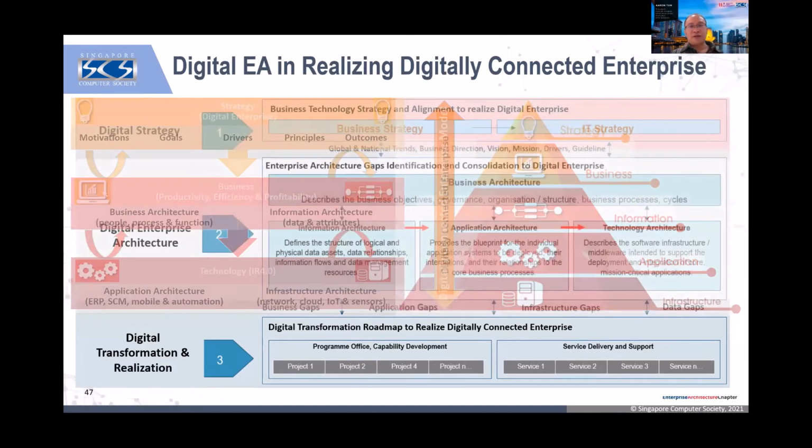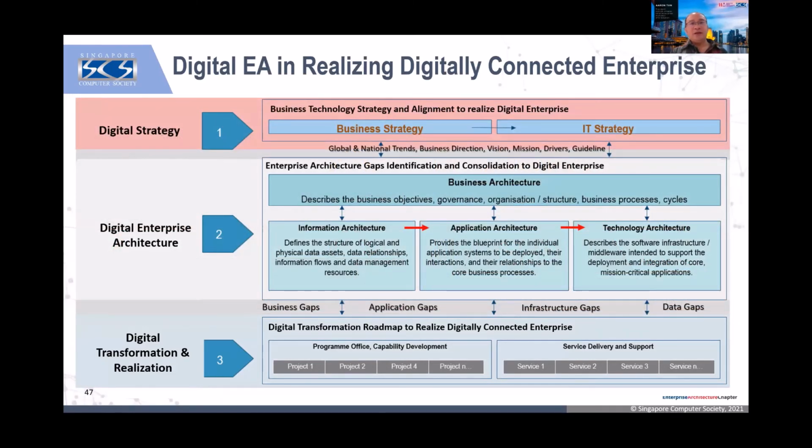So behind the scenes, we need to develop a digital strategy. We need to connect business and IT strategy. Now I'm talking more about the implementation part, right? Now you understand the skills, you can apply them here. You understand business and IT. Then after that, we go into the digital enterprise architecture activity. Basically we understand the business architecture, the information architecture, and the application and technology architecture. So we get all the gaps, right? If we fill up the gaps, it will bring us to the target architecture. Does that make sense? So this is where the transformation project needs to be executed in this manner.